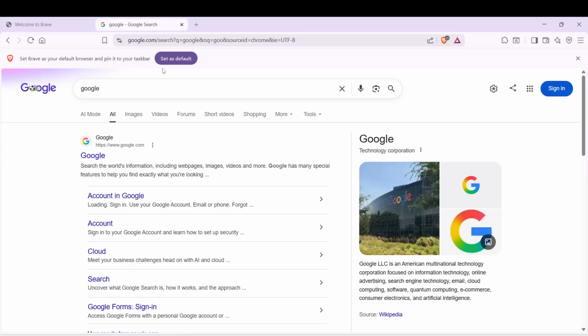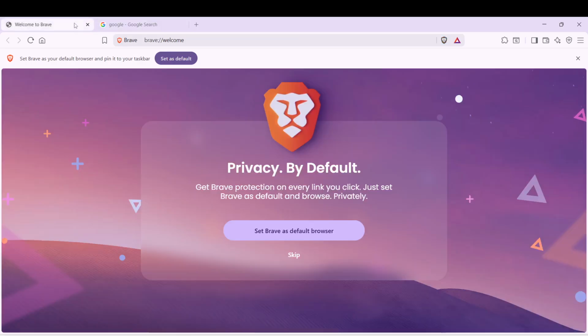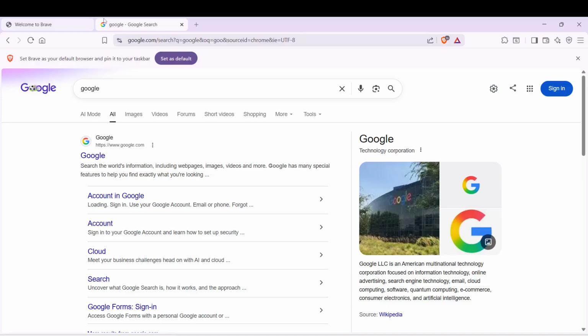Next up, press and hold the Control key if you're on Windows or the Command key if you're on a Mac. Then, click to select both tabs. This action is crucial because it tells Brave which tabs you want to see side by side. Make sure both tabs are highlighted before proceeding. This little step ensures that you're selecting the right tabs, which saves you time from having to start over.